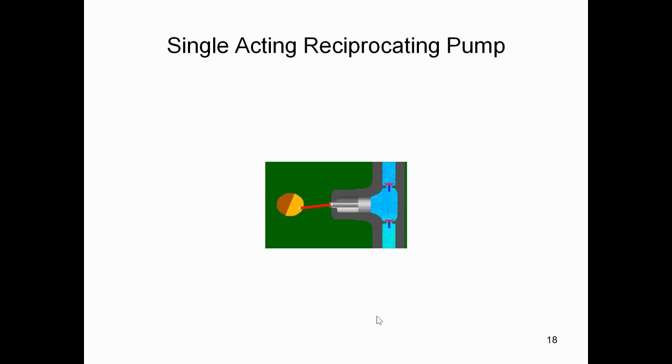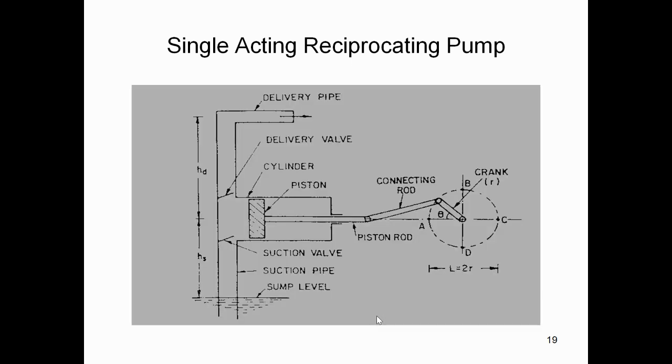Single acting reciprocating pump diagram. Okay. So you can see here, single acting reciprocating pump. Okay. So now we are going to discuss the construction and working of a single acting reciprocating pump. So the main parts of a reciprocating pump are, you can see here, cylinder, piston with rod. First one is cylinder, second piston with piston rod, and the third one is connecting rod and